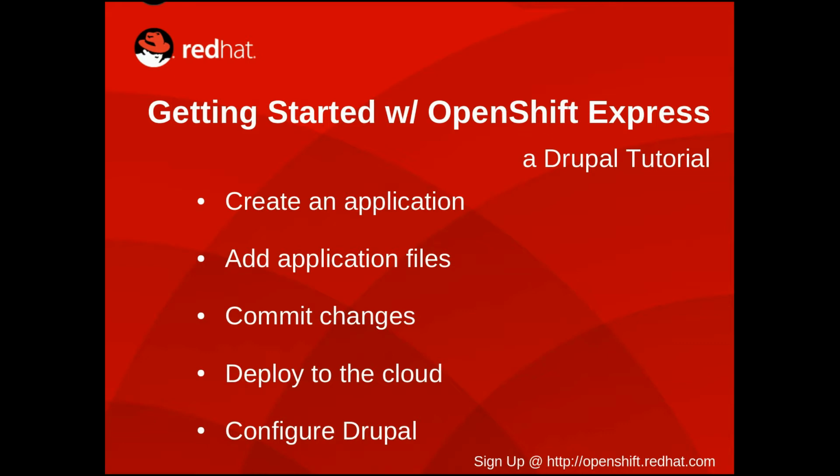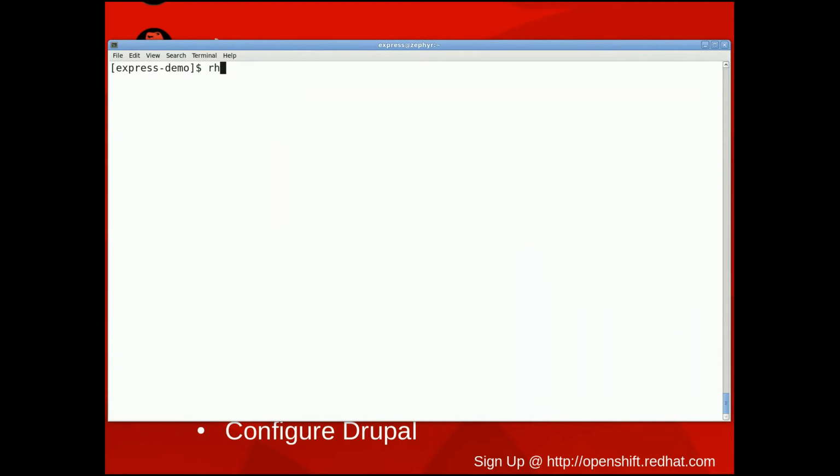The steps for deploying Drupal require creating a PHP application in Express, adding the Drupal code to the new application, using Git to commit the changes to your application's repository, pushing those changes to the cloud, and running through the Drupal configuration wizard. Now let's get started by running the